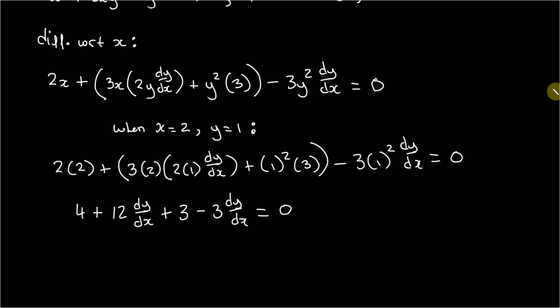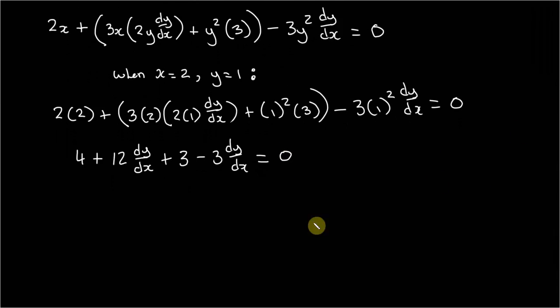But we're not done yet. We need to make dy by dx the subject. So let's subtract 4 and 3 from both sides, and let's then factor out our dy by dx. So what does that leave us? That leaves us with, and maybe I'll write it like this, it implies that dy by dx